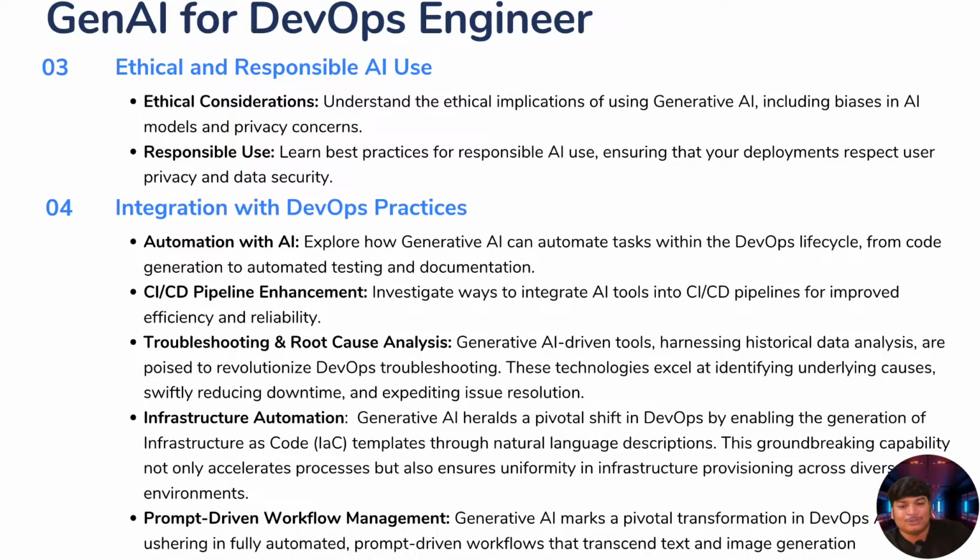Coming to troubleshooting and root cause analysis. Generative AI tools harness historical data analysis and are poised to revolutionize DevOps troubleshooting. This technology excels at identifying underlying causes, swiftly reducing downtime and expediting issue resolution. If your production is having issues, it might take some time to get resolved. Of course you should have disaster recovery and all that, but root cause analysis by only one engineer might take more time.